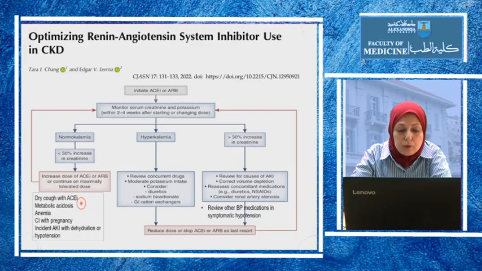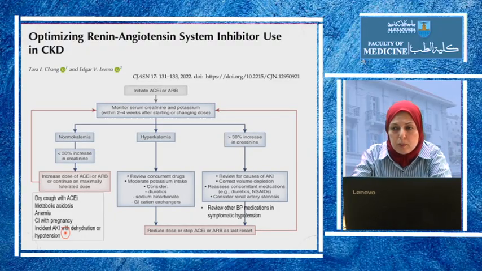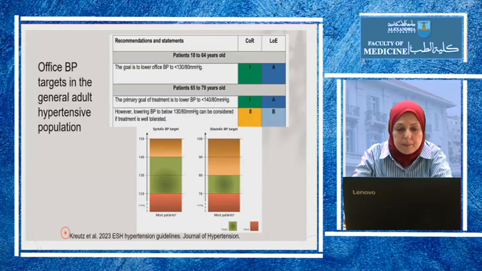Metabolic acidosis can occur by the same mechanism as hyperkalemia. There may be some anemia. ACE inhibitors and ARBs are contraindicated in pregnancy, so if this is a young female, we should stop ACE inhibitors and ARBs before she becomes pregnant and replace them with other medications. And if the patient develops dehydration or hypotension, it can lead to AKI. So there is something called the sick day rule. If a patient develops a dehydrating illness, he should stop the ACE inhibitors and ARBs, also diuretics, also SGLT2 inhibitors, until he is able to drink again and he becomes stable.